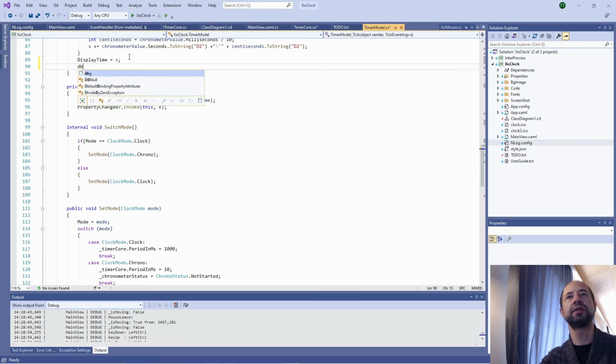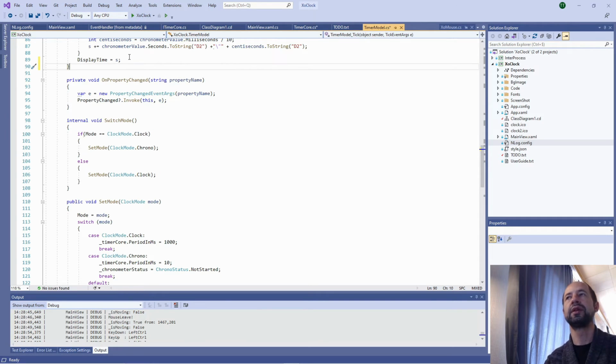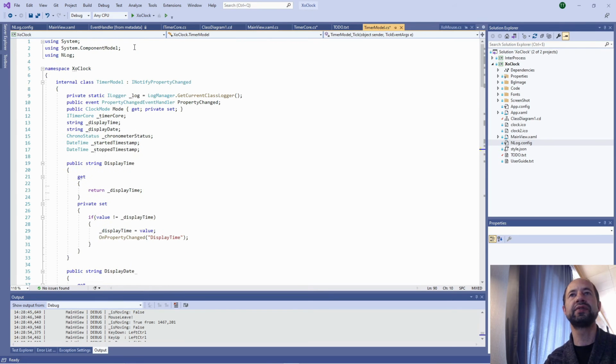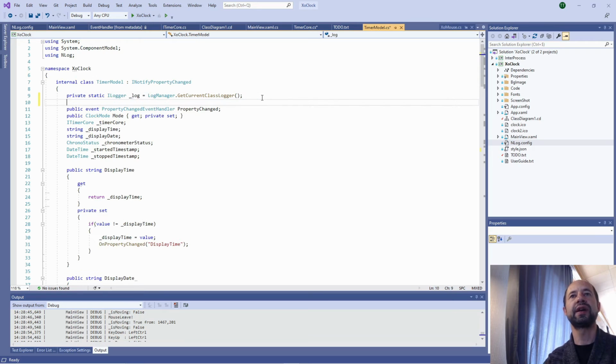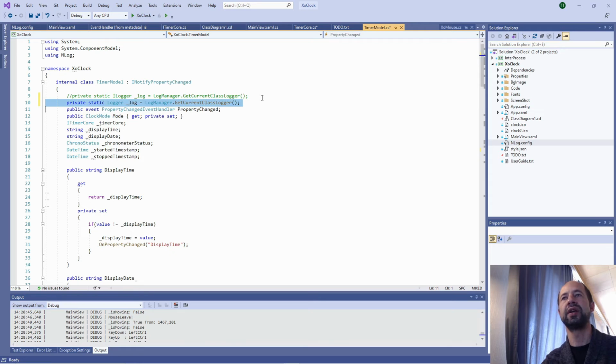I have the dbg, like this, or I have also the error, err, like this, tab, and log error. Good. And also I have a snippet to define the logger entity here. Let's suppose I do not have it instantiated, I'm going to type log, tab, and then the line is already pre-populated.